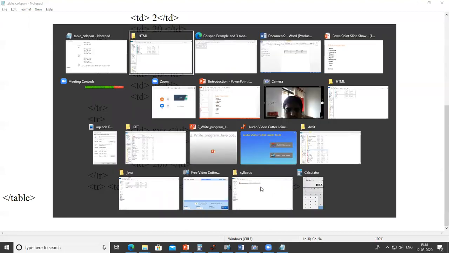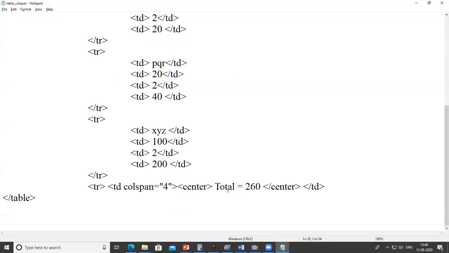Let's see what will be the output. So here we get the total 260. If I want to bold it, just give the bold tag to it. Just go to that page and refresh the page. So here we get the bold.